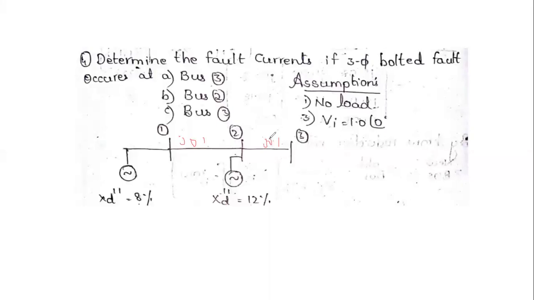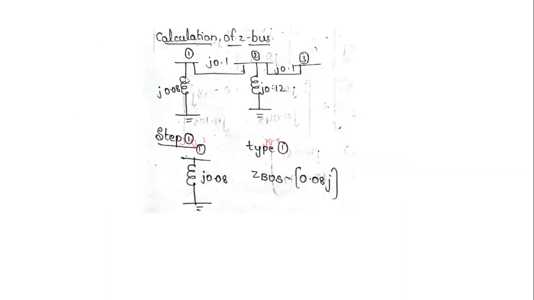By using this single line diagram, first of all, we calculate the reactance diagram. The equivalent reactance for the generator is the reactance in series with the voltage source, but in this case we do not represent the voltage source. We only represent the reactance value, and the elements are represented in the line: this is the 1 to 2 element and the 2 to 3 element.